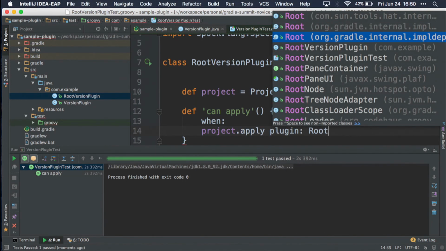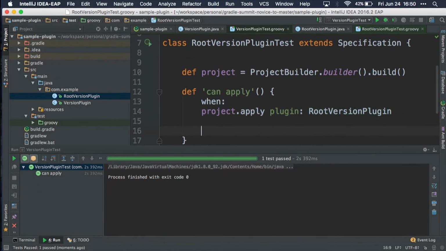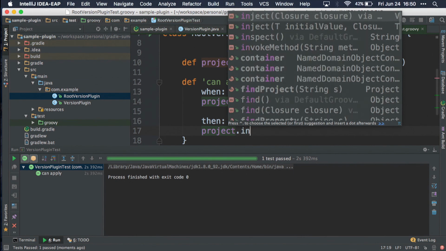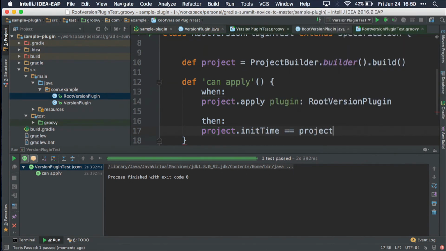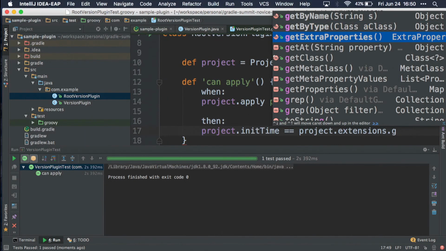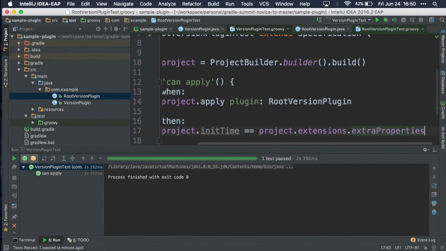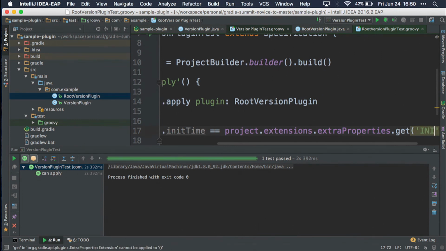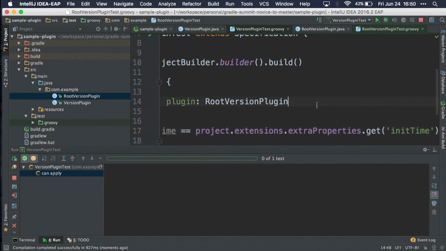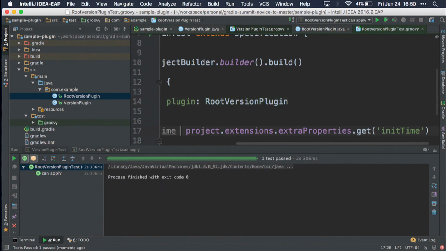Root version plugin. And then let's just assert that project.initTime is equal to project.extensions.getExtraProperties().get("initTime"). I forgot to run the right test. So let's run the right test, asserting that it's right.